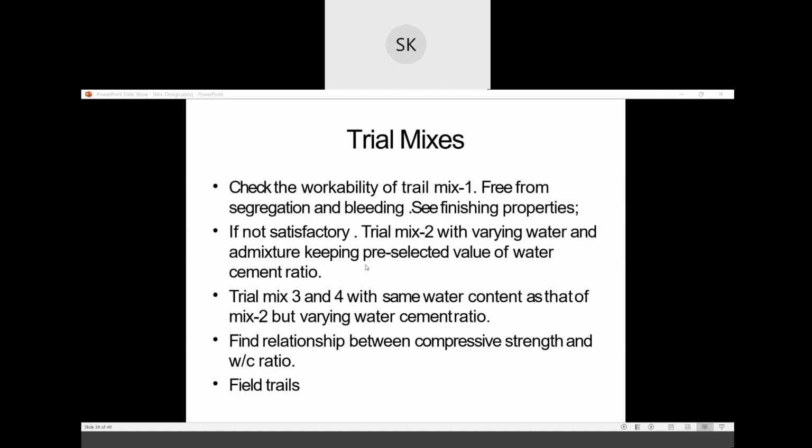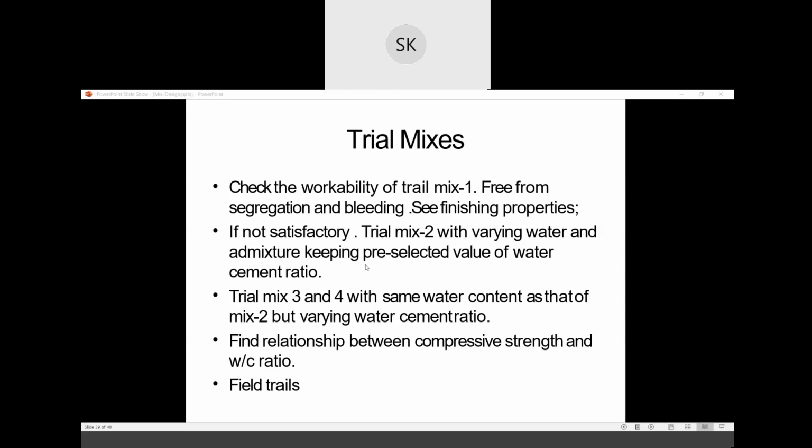Find relationship between compressive strength and water cement ratio and field trial. So see, same batch. You have made one batch. You got this proportion. You can find out the strength by making cubes and compressive strength test. Then you can make the same mix, but you can change the water content and admixtures. And in the third and fourth, you can change the water cement ratio.